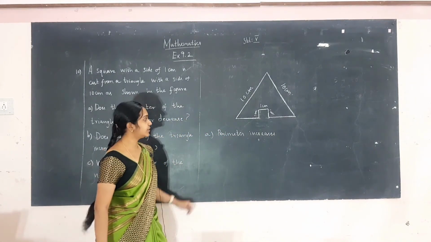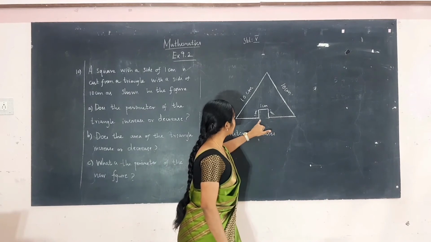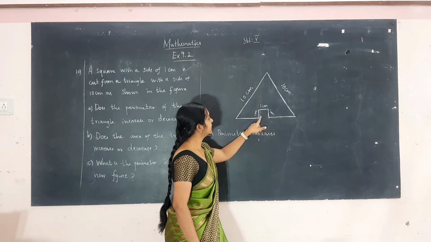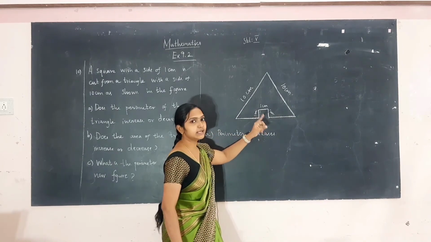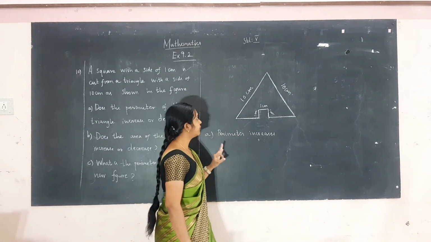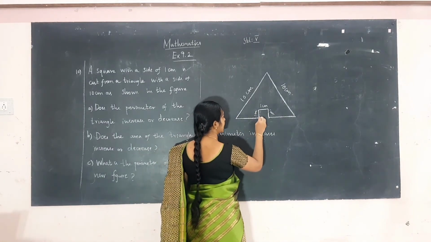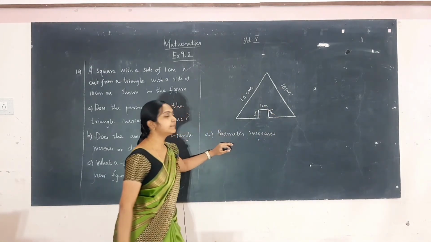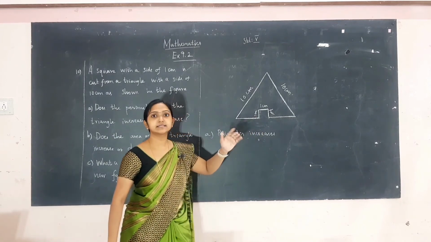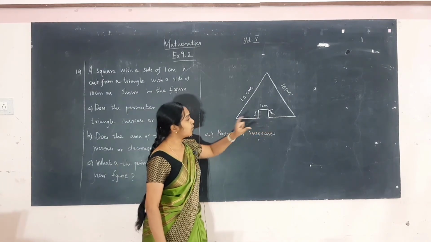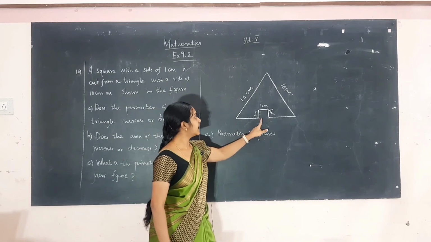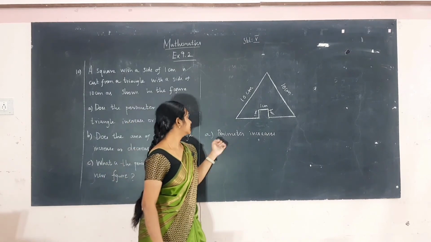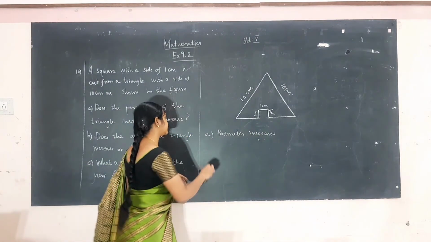Perimeter is nothing but the boundary. Here, if the square is not cut out, here it will be 1 centimeter. But here, when the square is cut, we have to add extra 3 centimeter for boundary. Here we have to add 1 centimeter, 1 centimeter and 1 centimeter. So, the perimeter increases. If the square is not cut out, here there will be only 1 centimeter. But as the square is cut out, here we have additionally 3 centimeter. So, the perimeter increases.